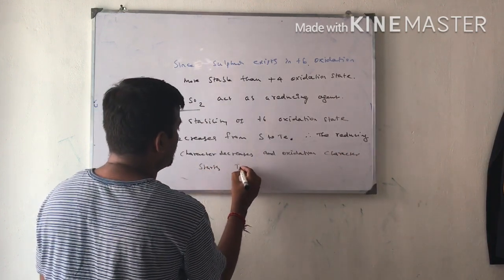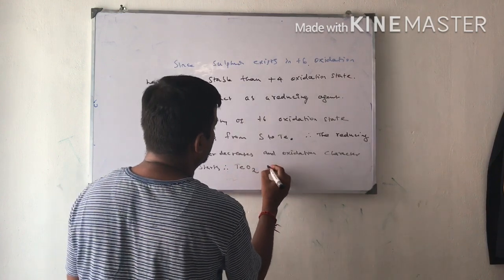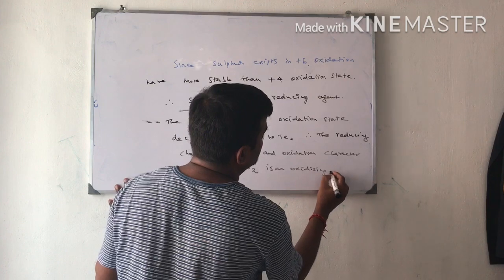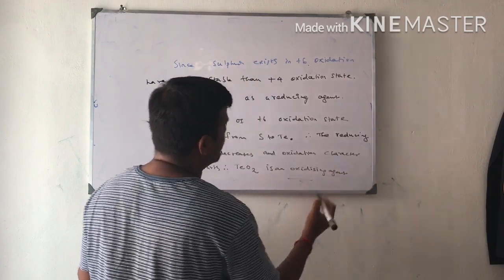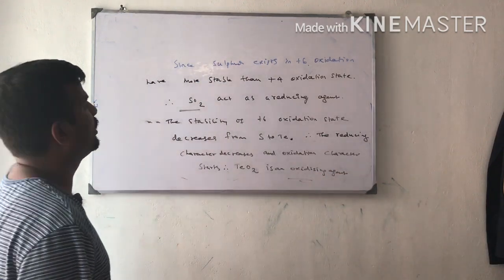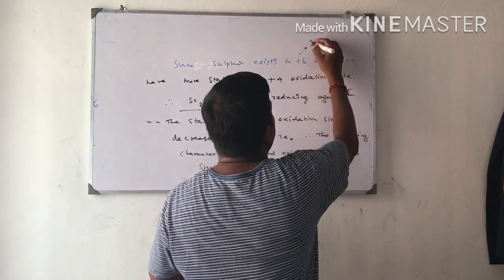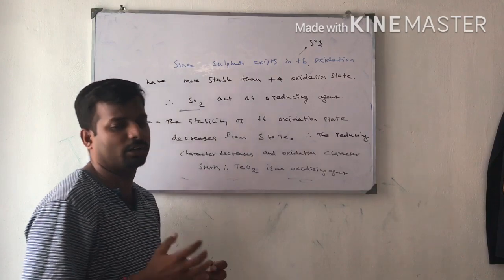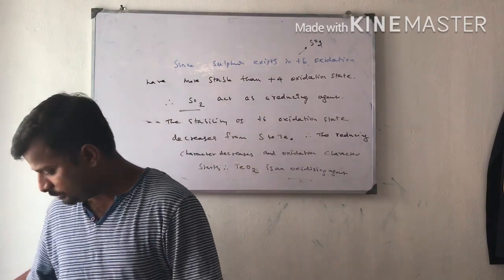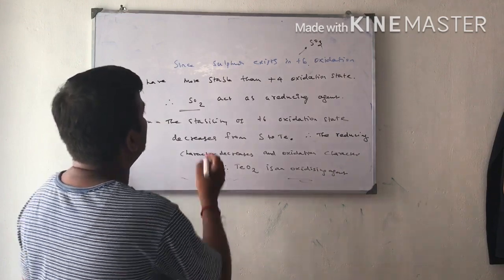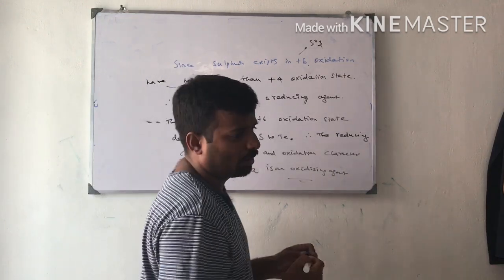Tellurium, therefore tellurium oxide is an oxidizing agent. Size increases, that is the reason. So these are the things we have to know. Sulfur exists in the plus 6 oxidation state in the SO3 molecule, the sulfur trioxide molecule. Sulfur exists in the plus 6 oxidation state, which is more stable according to Fajans rule and the other thing in